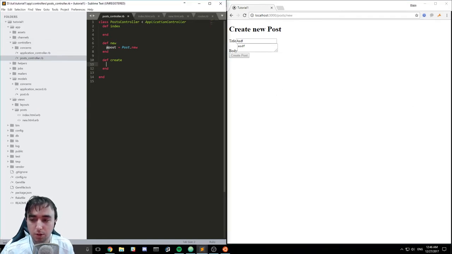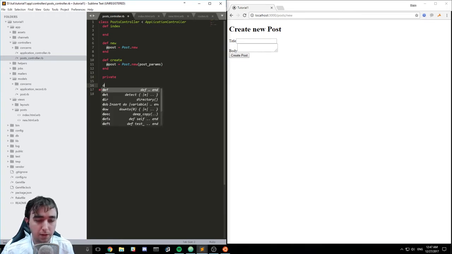So what we need to do is, well, let's refresh this first so it stops loading. We need to say @post, because we need to make our new post, equals Post.new(post_params). So generally what you want to do is protect your parameters a little bit. That way the scary people on the internet can't ruin everything for you and make you have a bad day. So what you do is you come down here and you type private, and then you're going to do